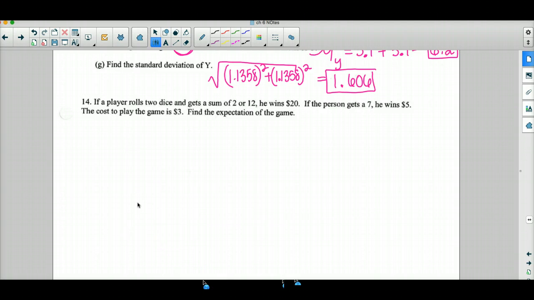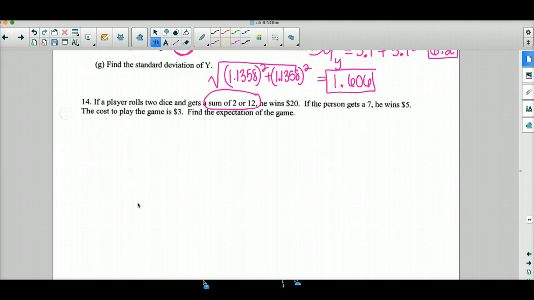Okay, if a player rolls 2 dice and gets a sum of 2 or 12, he wins $20. If the person gets a 7, he wins $5. The cost to play the game is $3. Find the expectation of the game. Well, we want to know the probability of getting a 2 or a 12. And what is the probability of getting a 7? So I kind of have to do a sample space because my brain isn't that great, and that's what helps